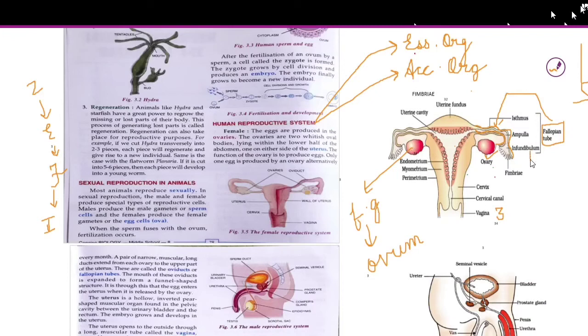The first part is the infundibulum, which is also known as the fimbriae. What are these, beta? These are the finger-like projections, in which you can see the ovaries, each ovary on each side is attached. Next to the infundibulum is the ampullary region, which is known as the ampulla, and it is a slightly swollen type of structure.